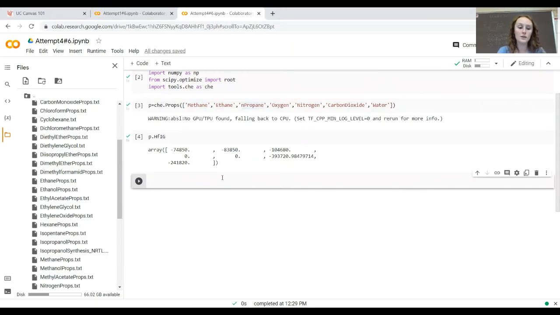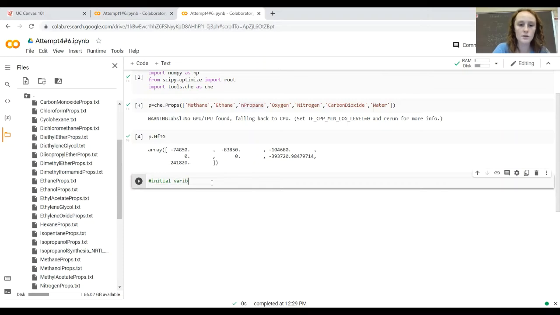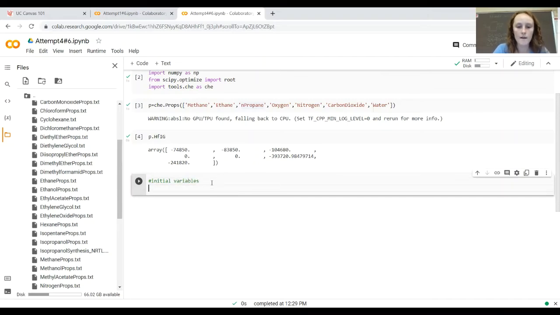Alrighty, so now the first thing I like to do is begin by initializing my variables. I just think that's a good way to do it if you want to go back and change them later and make your program work for something else or different variables. So, initialize variables. Alrighty, so the first thing I'm going to do is initialize the fuel. So our fuel was methane, ethane, propane, said it a million times now, all composed of C's and H's, so fuel CH equals